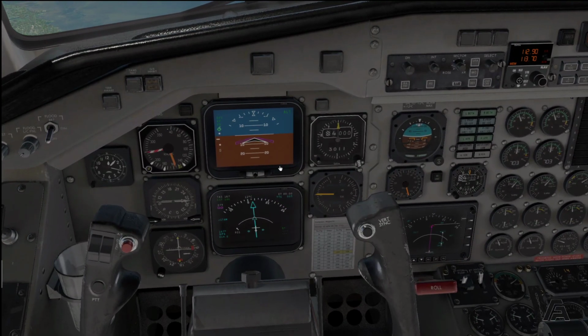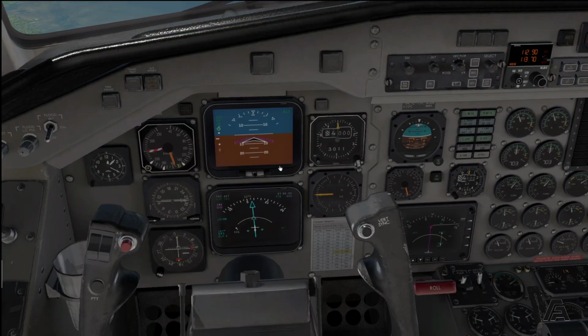Taylor 5859, connect approach 124.35. 280. 1243 cross